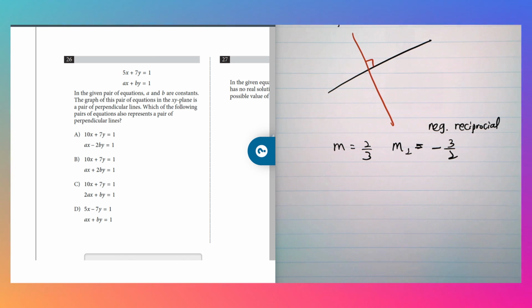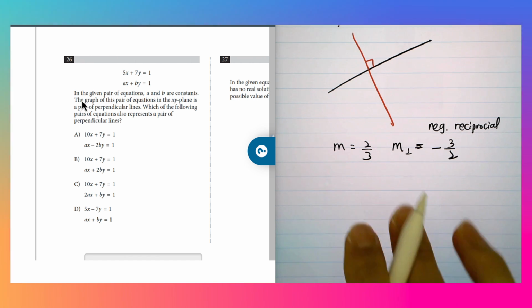Okay, so now we have some background info. Let's march on. Which of the following pair of equations also represent a pair of perpendicular lines? Now the challenge of this question is that they have this a and b, and everything is in standard form. I think when I taught students in AMC, Math Olympiad, I taught them negative a over b to be the shortcut. But no worry, okay? Let's do this